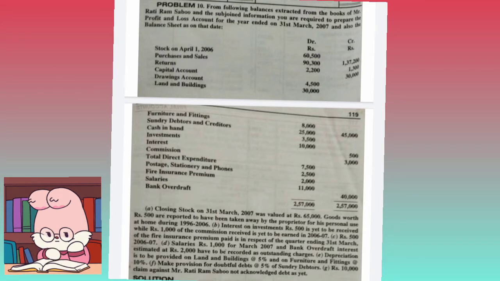The debit balance of returns is called the sales return, and the credit balance of the returns is a purchase return. Because if we take the sales, we will credit the sales in the trading account. Sales is a credit balance. What we will do with sales returns is deduct them from the sales, so the sales returns will have the debit balance.